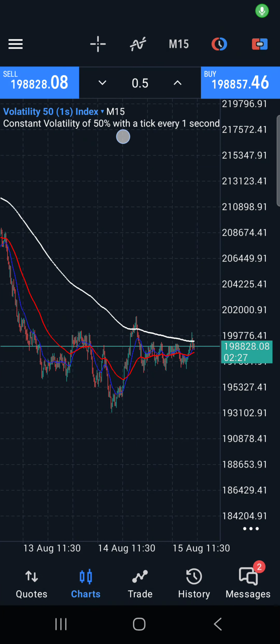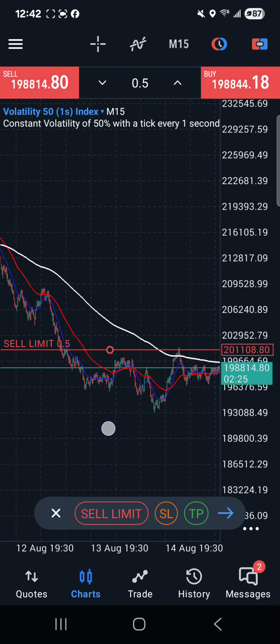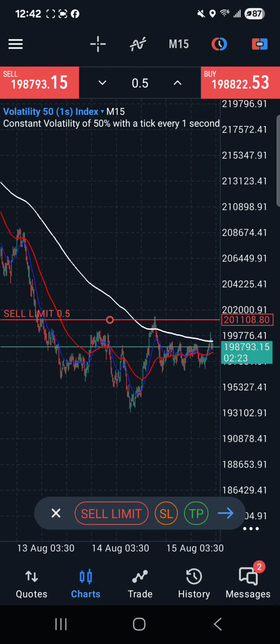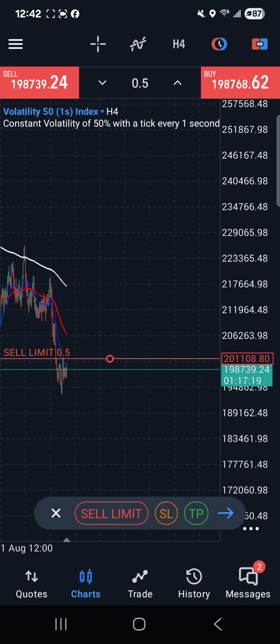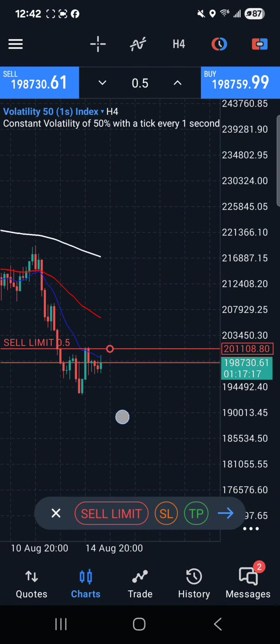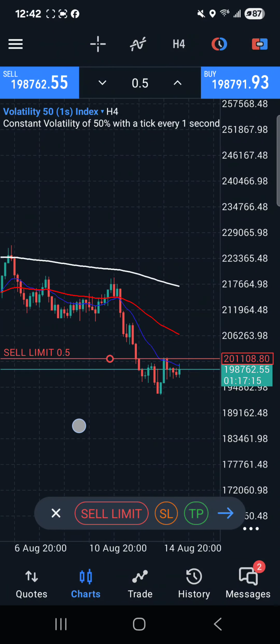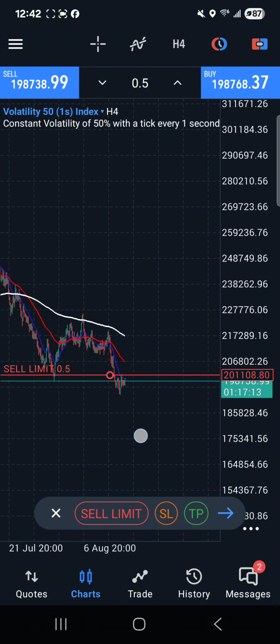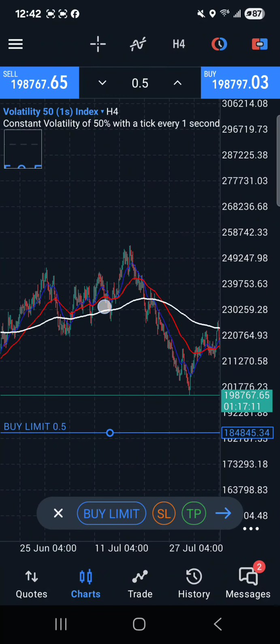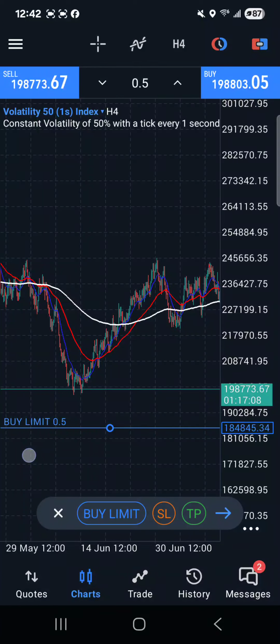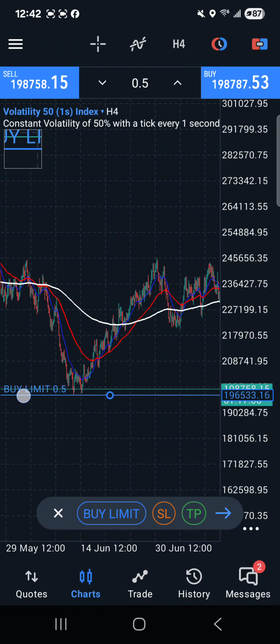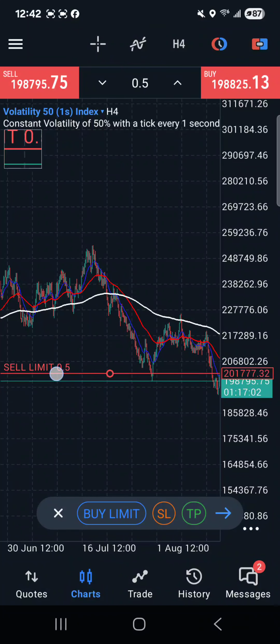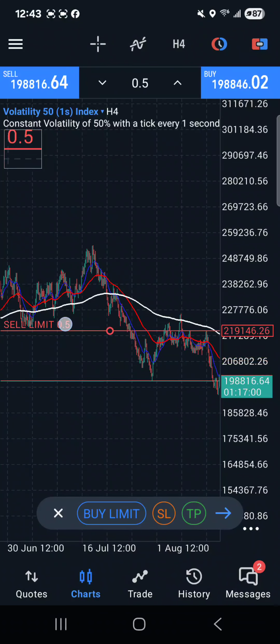So, Salim, this is 50 minutes on 50 1s. Let me show you the 4 hour. So on 4 hour, this is the way it looks. There was a previous demand zone or support here that this price tapped into and then went up